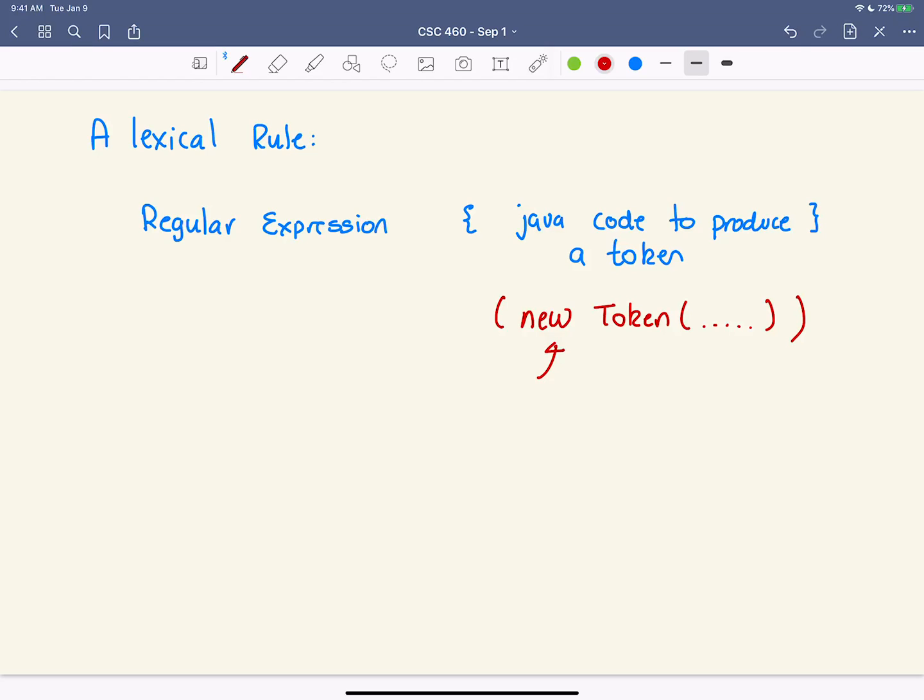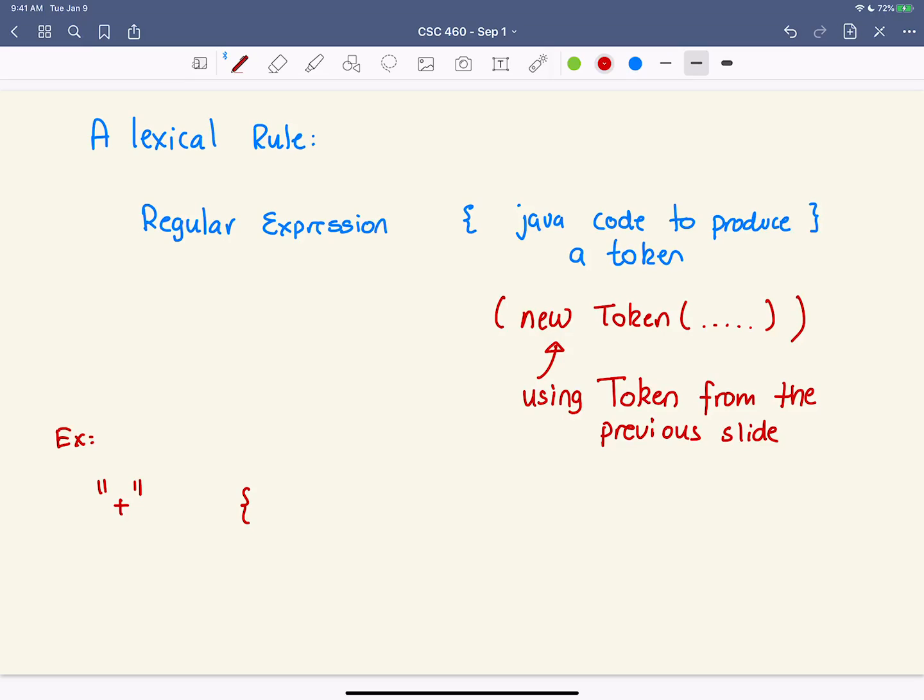And this is using token from the previous slide. So for example, if I had a plus, I can't remember if we're supposed to say return right here.